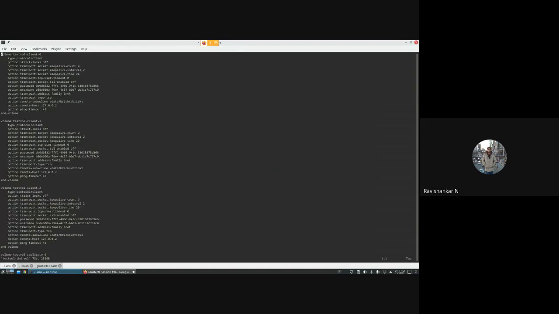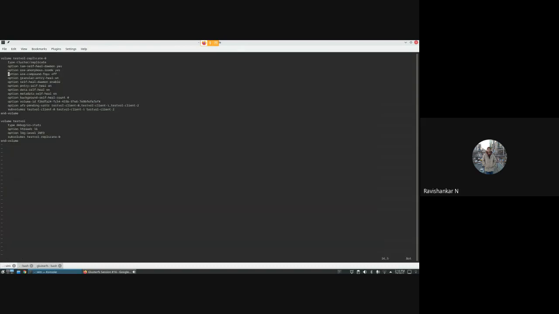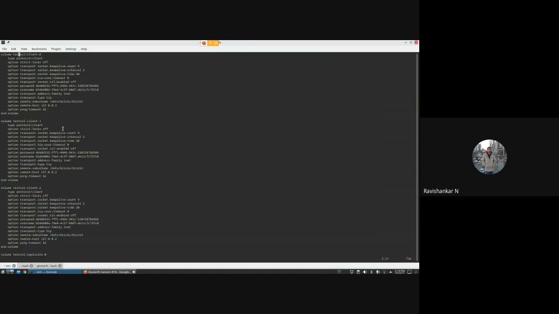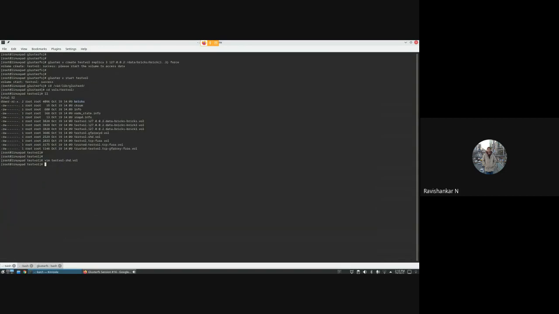If you open the graph and go from bottom to top, first you have io-stats, and below that you can see the translator replicate-0, and replicate-0 has 3 children: client-0, client-1, and client-2. These are the client translators which are loaded like that. So this is basically the volfile that is used when starting the self-heal daemon.